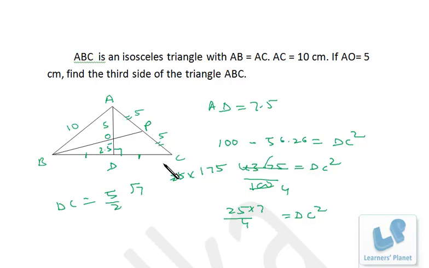So what is the property that we have used over here? Centroid divides the median into 2:1 ratio starting from the vertex, right? From the vertex side it will be 2 part, from the side it will be 1 part. That means AO is to OD is 2:1, right? So this is the property of the centroid we have used over here. Okay.